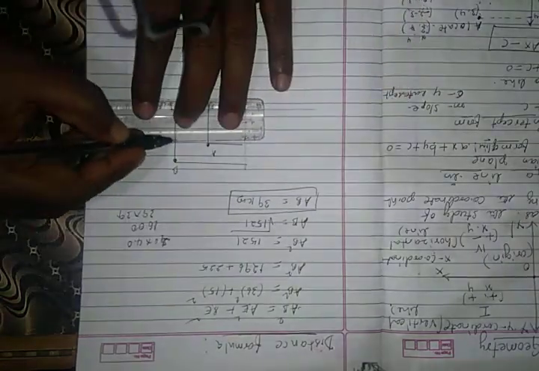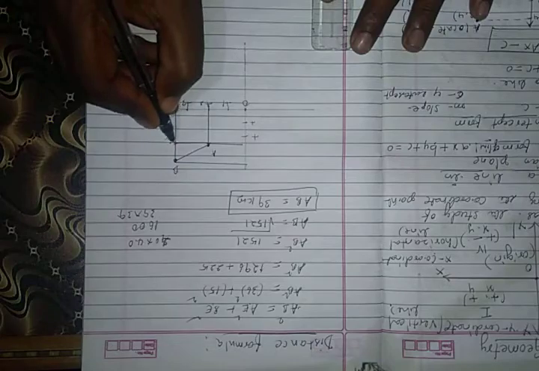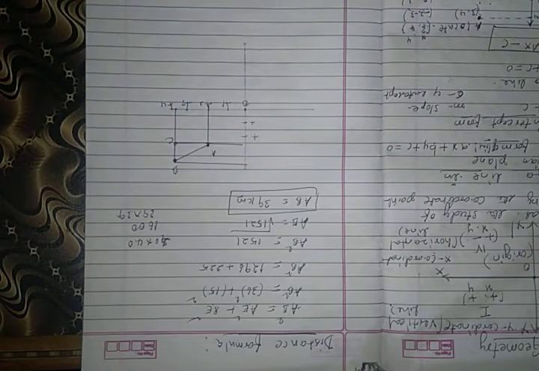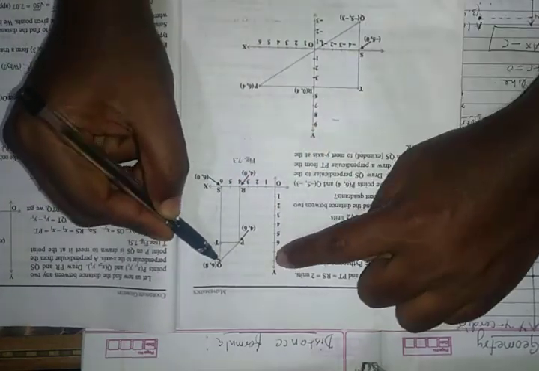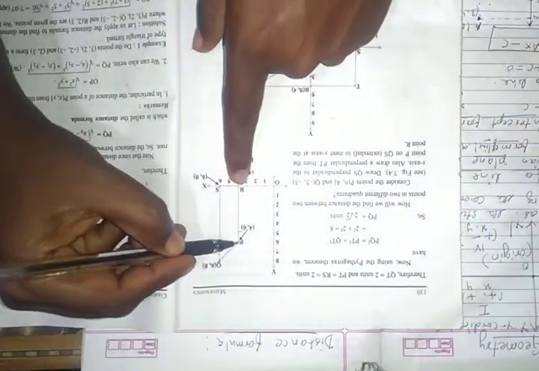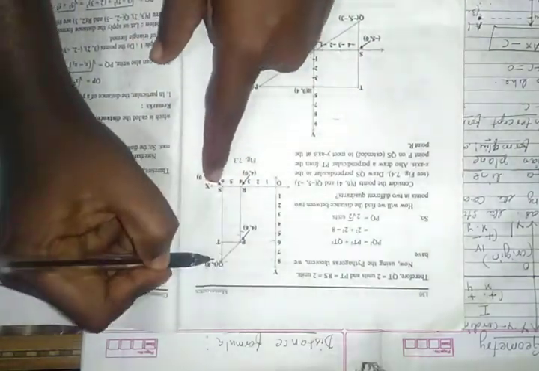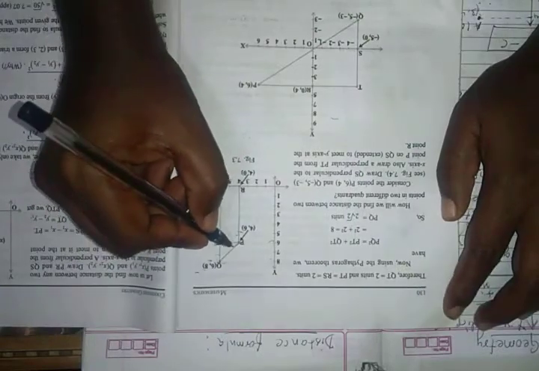So let us join. The point C, it is called C. Here the point P is 4, and point T is 6, and here it is 8. Point Q is 8 and point P is 6, like that. The point Q is (6, 8) and point P is (4, 6). So we can find out the distance between PQ.